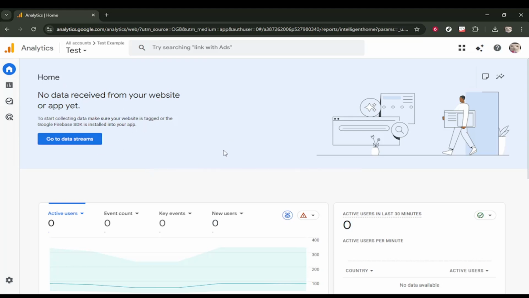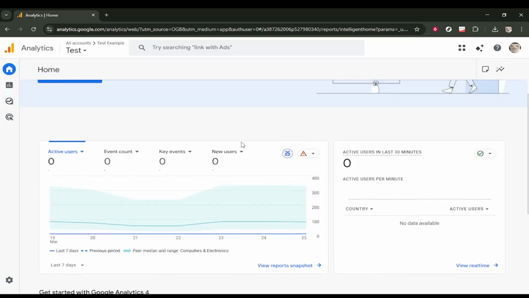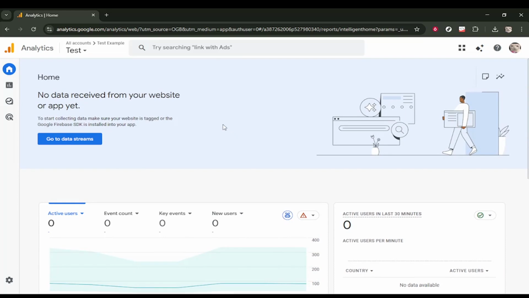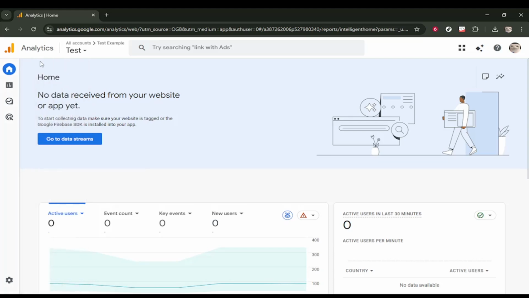The change is made in your personal user preferences, so it applies to your login, not necessarily to everyone else on the account. First, open Google Analytics in your browser, and make sure you are on the Analytics home screen. This is the main starting page where you can see an overview of reports and recent activity. If you manage multiple properties or accounts, take a moment to confirm you are signed in to the correct one